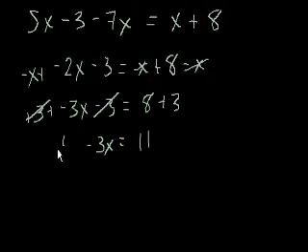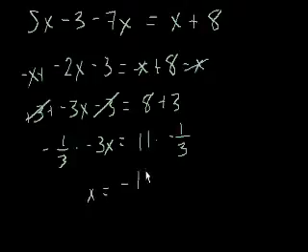Now you just multiply both sides by negative 1/3. And once again, this is just the same thing as dividing both sides by negative 3. And you get x equals negative 11 over 3. Actually, let's just for fun, let's check this just to see. I mean, the cool thing about algebra is if you have enough time, you can always make sure you got